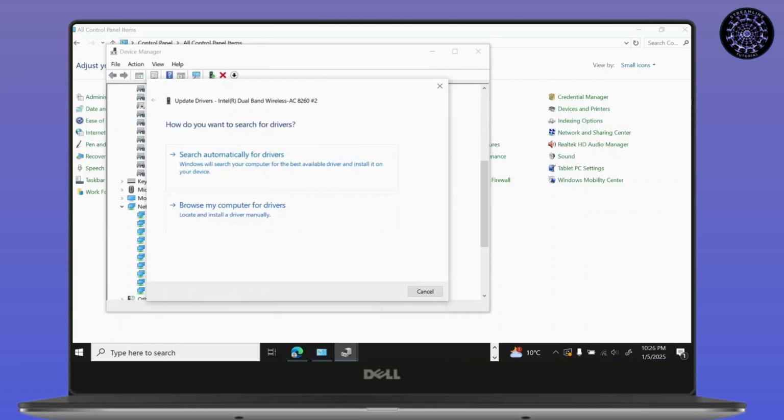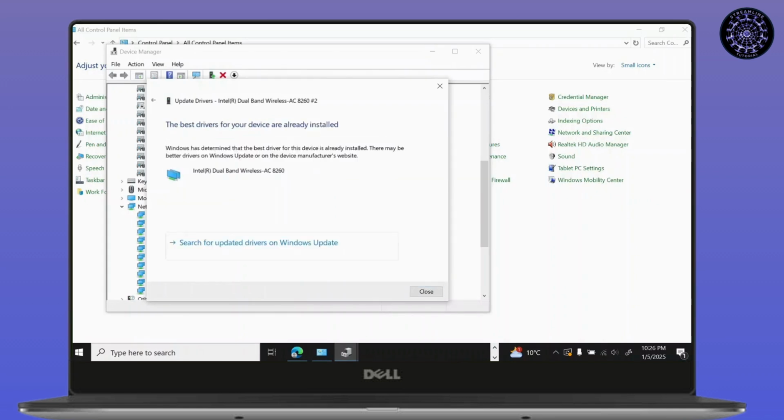Then click on Search automatically for drivers or browse my computer for drivers, as your preference. Then click on Search for updated drivers on Windows Update. As you can see, best drivers